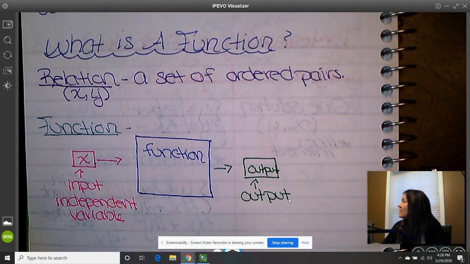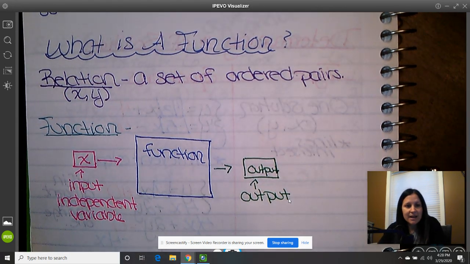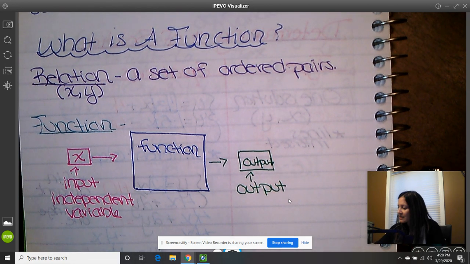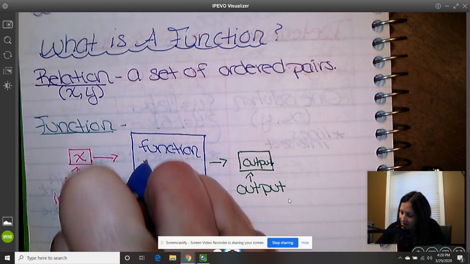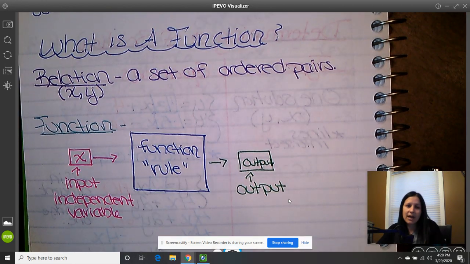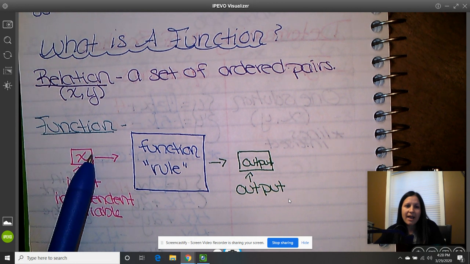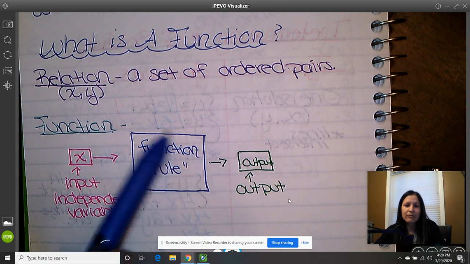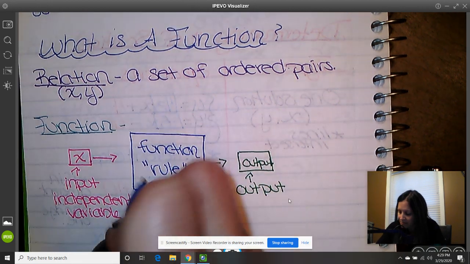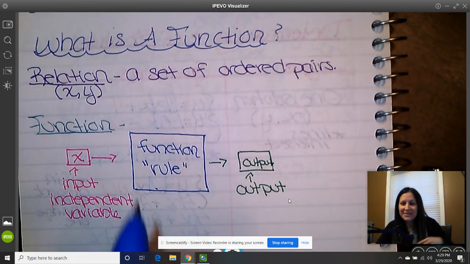X can be anything, any number, and we can put that into the function. This function is like a rule. So we put the X value in, we perform a rule on it, such as,